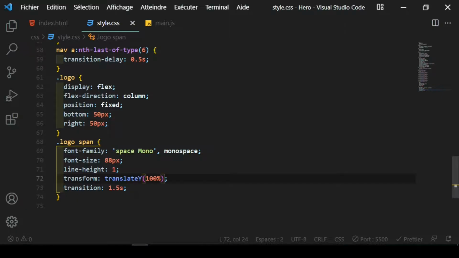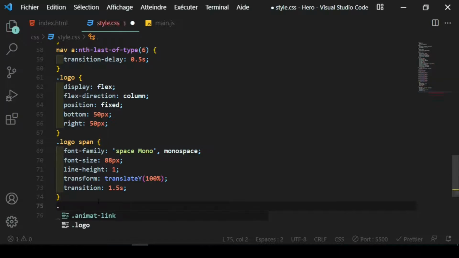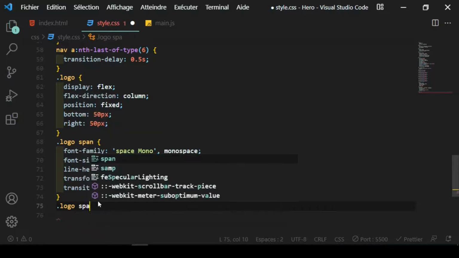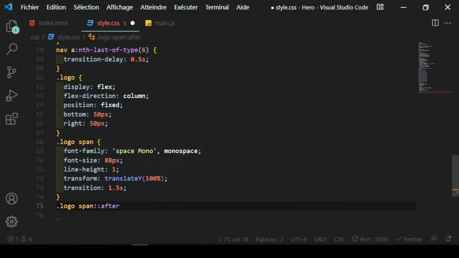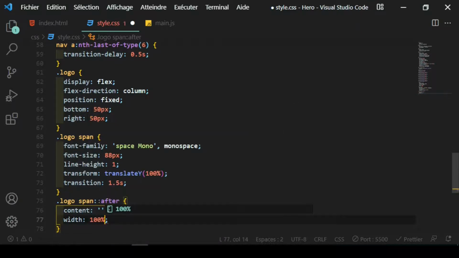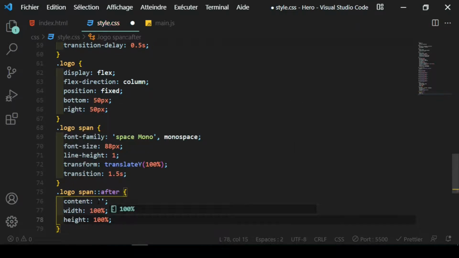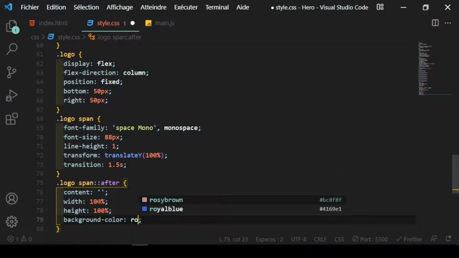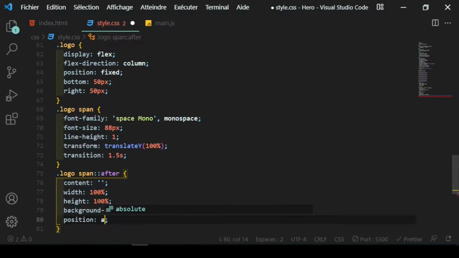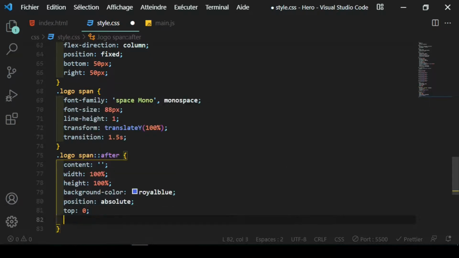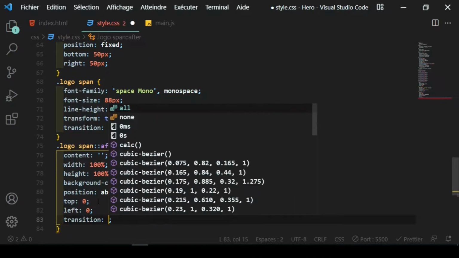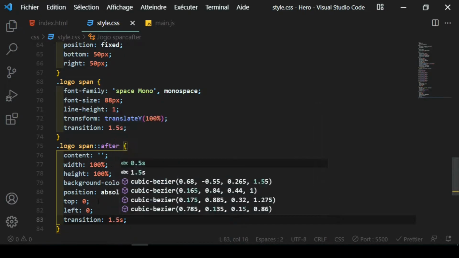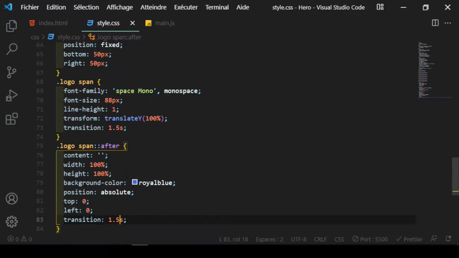And we have logo span after, content empty, width and height 100%. First, let's add a blue background to see how these afters work, and position absolute top and left 0 to be over their spans, and transition 1.5 seconds,